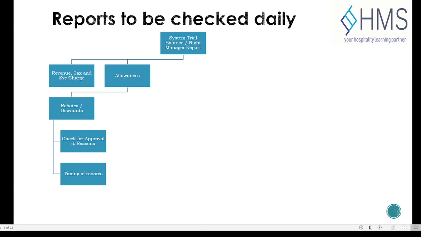Because if a rebate is done very late into the system, say the guest has checked out at 2:12 p.m., and after 2 hours we are doing a rebate and then closing the folio, that means, and especially when it's a cash collection, that it gives a reason that